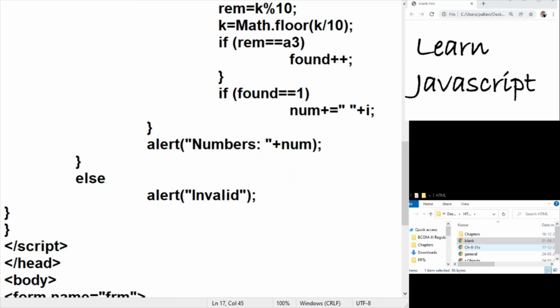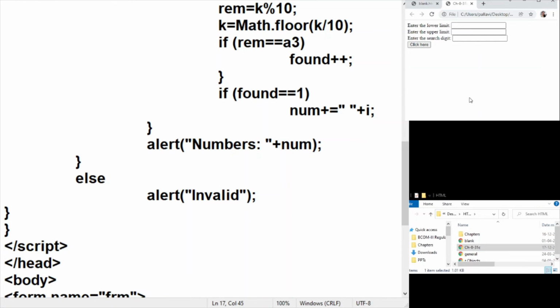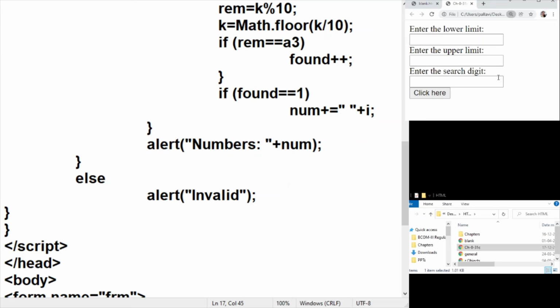So let us see how this works after the change. So we are going to take the lower limit, let's say as 100. We're going to take the upper limit as 200, and I'm looking for all the numbers where the digit 0 is occurring, and that too only once. So you will see 100 is not there, 101, 2, 109 is there, 110 is there, and then 120, 30, 40, 50 up to 90 is there, 200 is not there.